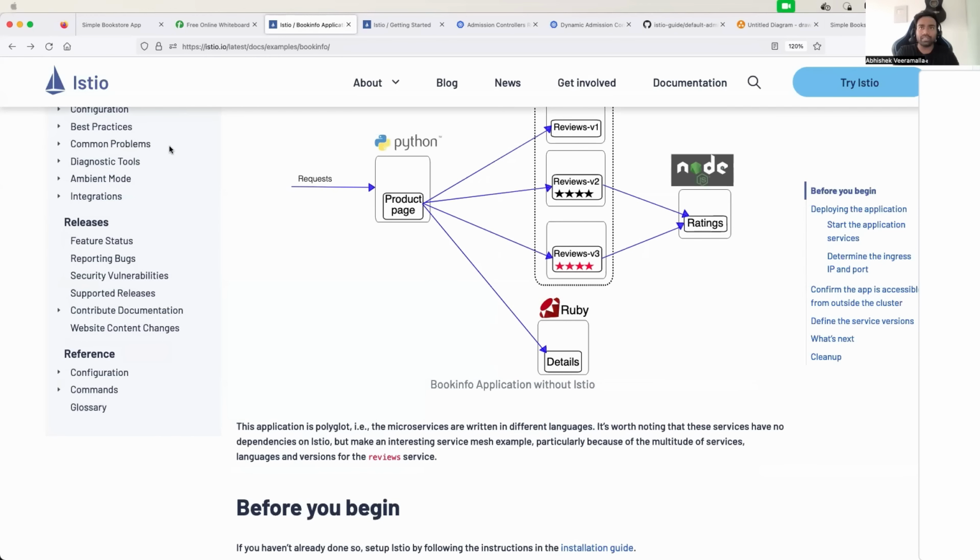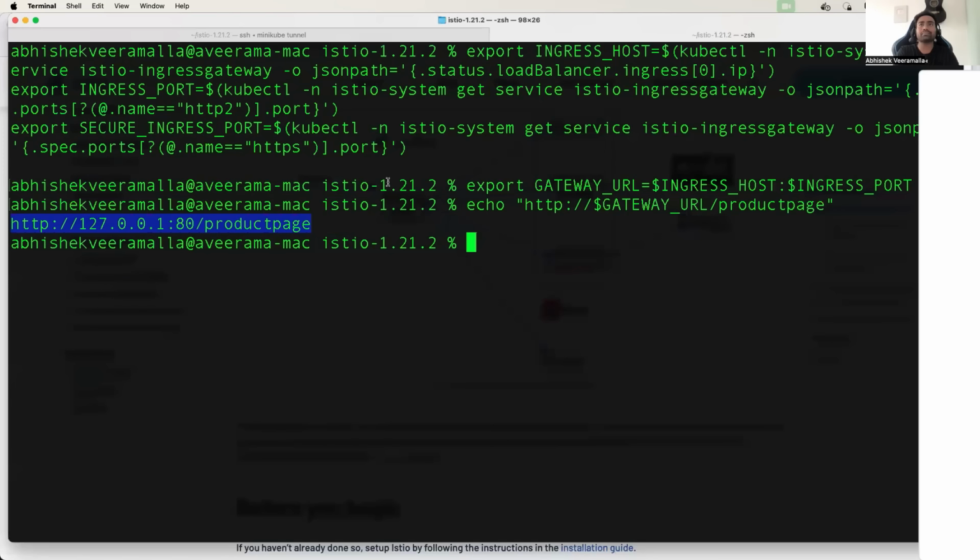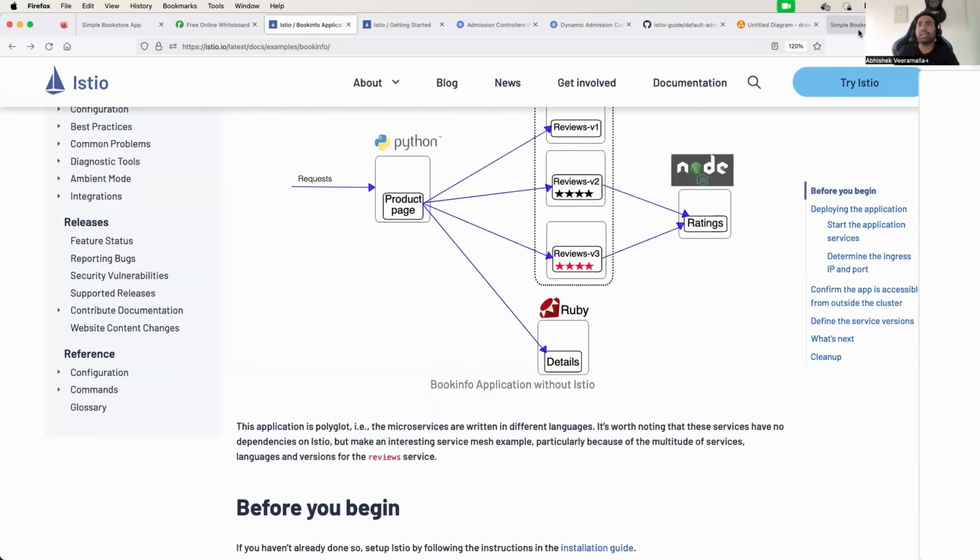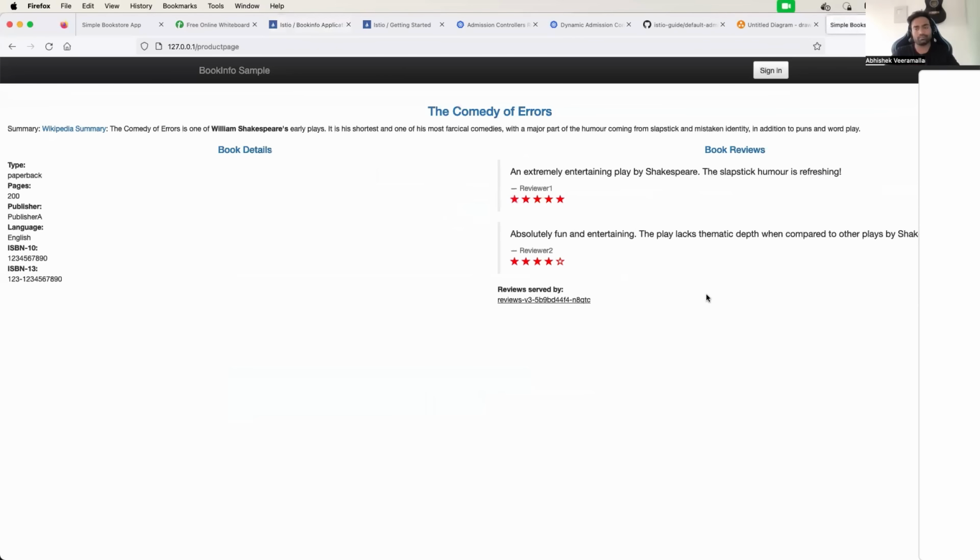So we installed Istio. What are the steps that we performed? We have Istio up and running. We have enabled sidecar injection, so for each of my pods, I have a sidecar container injected into it. Then I also got a simple Bookinfo productpage application up and running on my Minikube Kubernetes cluster. Now let's try to make use of the sidecar container and implement the features of Istio. So what I'm going to do,